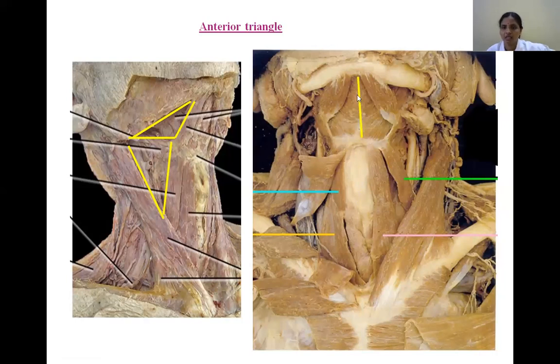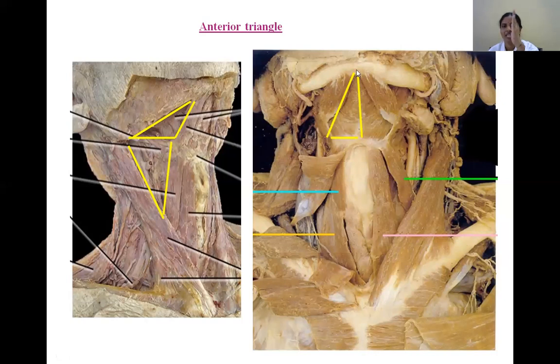Now, the submental triangle is there. For each half of the neck, it forms only half a triangle. Why? Because the boundaries of the submental triangle are: anteriorly, an imaginary line from the symphysis menti to the hyoid bone; laterally, the anterior belly of the digastric; below, the body of the hyoid bone. Among these three boundaries, this is a triangle. If you complete the triangle, it means with the other half.